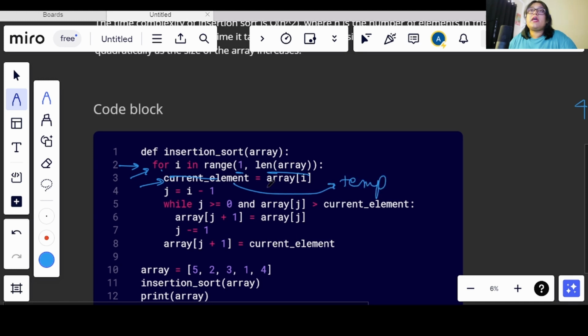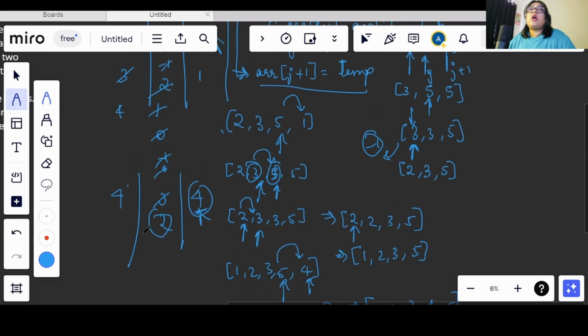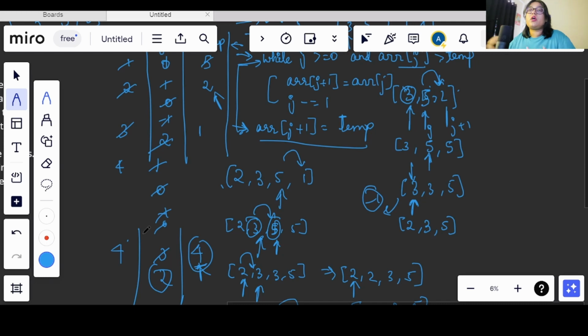So this array at i, we were inserting in the temp variable. Again, j was starting from i minus 1. We were checking this condition. This j we were also checking with the temporary variable, right? So this was also the temp variable. Then in the same way we were inserting the value, decreasing the value. So we followed the entire pattern and we got the proper sorted array. So now I hope I was able to give you a good glimpse of the insertion sort algorithm.